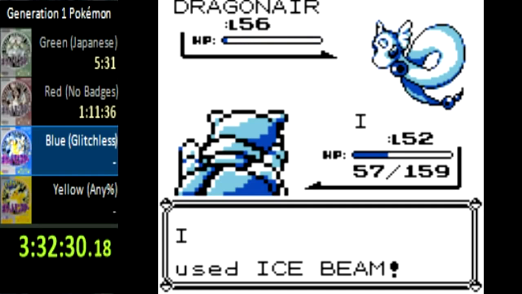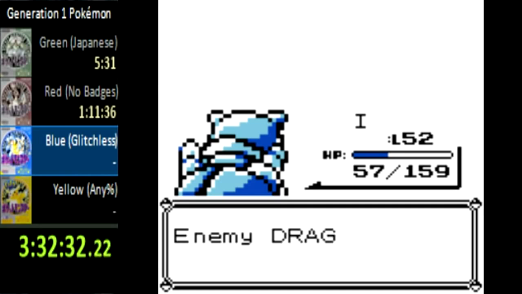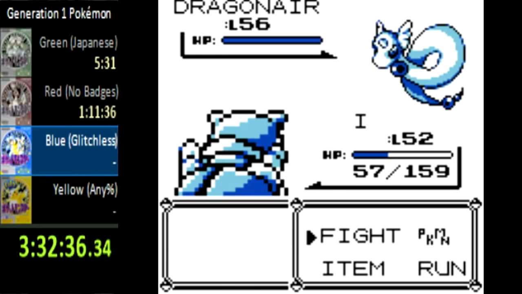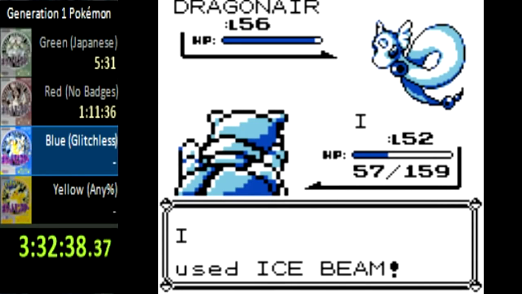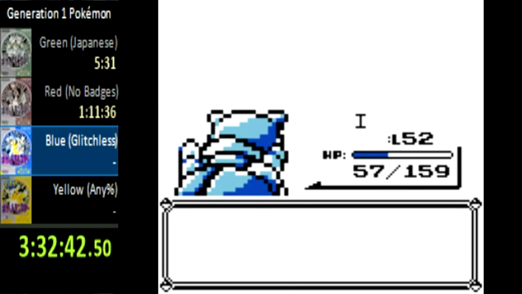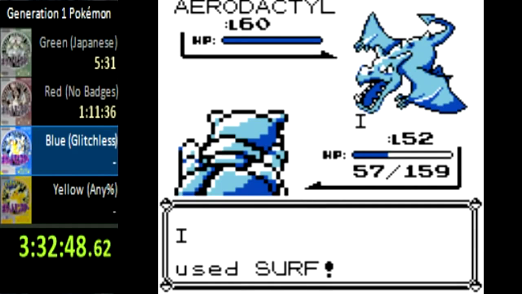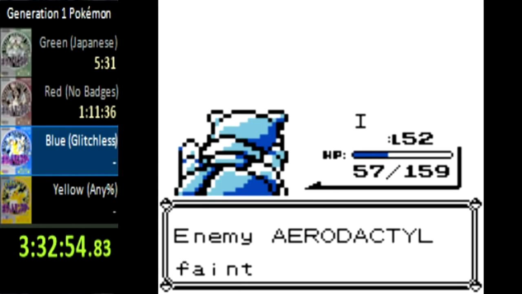What world records do I have? I have the Red-Blue single segment any%. I have, quote-unquote, the no badges world record and the Sapphire any% world record. I'm also trying to get the LeafGreen world record back. I used to have it, but